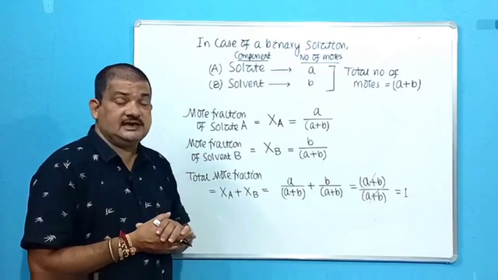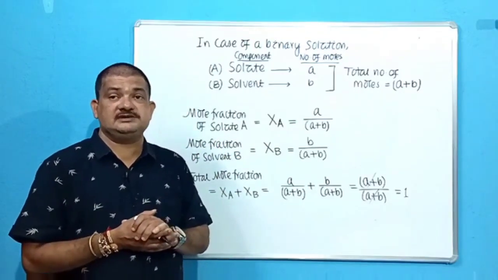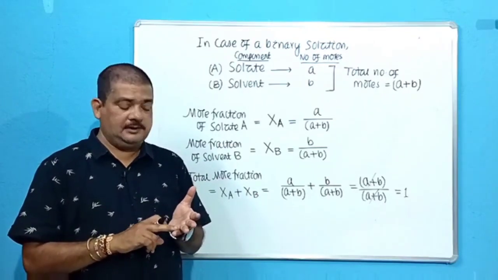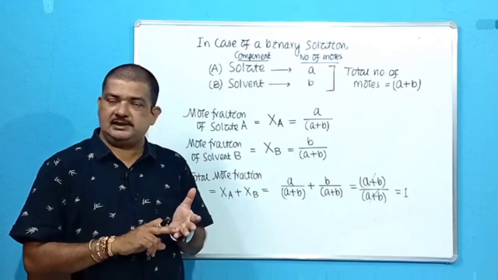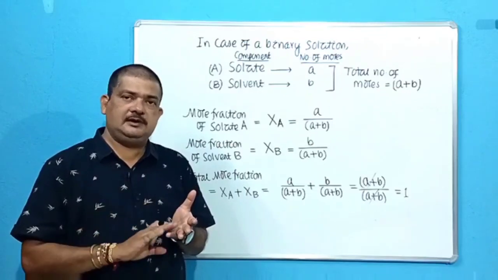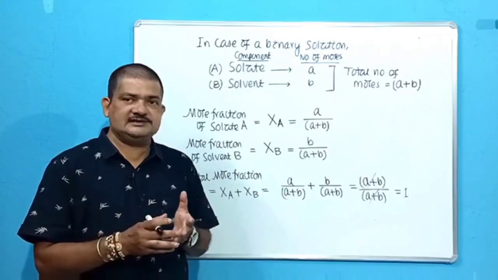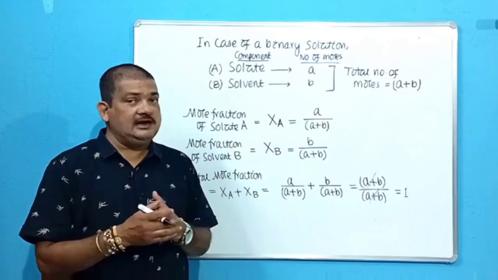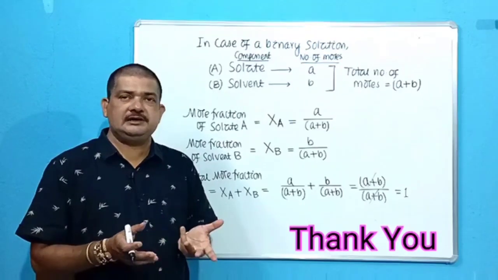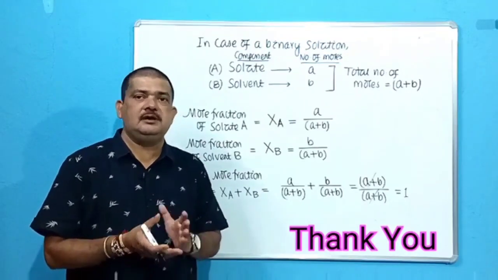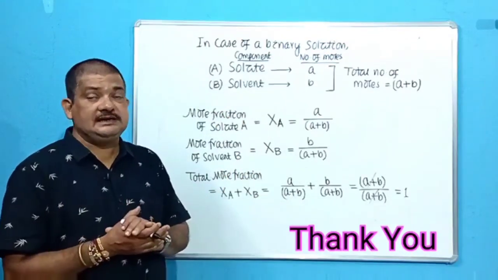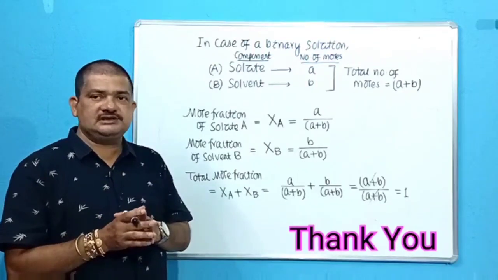We have discussed various expressions, various methods to express the concentration of a solution. These are percentage. Percentage means 3 types: W by W, W by V and V by V. Then parts per million. Simply it is visible from the naming itself: the number of parts of the solute present per million parts of the solution. Then we have discussed the concentration in gram per liter. That means it is the number of grams of the solute present per liter of the solution. Then finally mole fraction I have discussed in detail. So you go through these things.